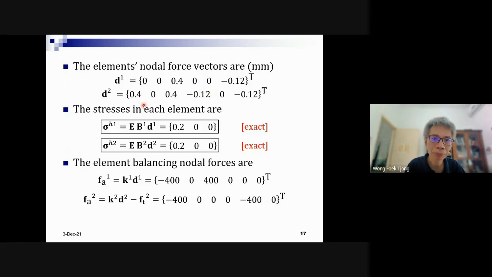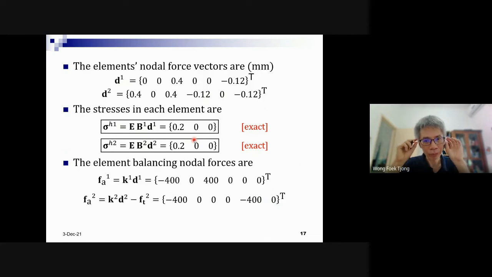And then from the displacement for each element, this is element 1, element 2, we can calculate the stress, right? The stress just uses the constitutive equation E. This is the strain, right? BD is the strain. And again, whether this is exact or not, according to the exact solution, the stress at every point is constant 0.2, and finite element gives the exact solution, even though only two elements.